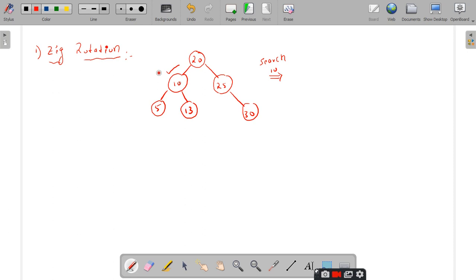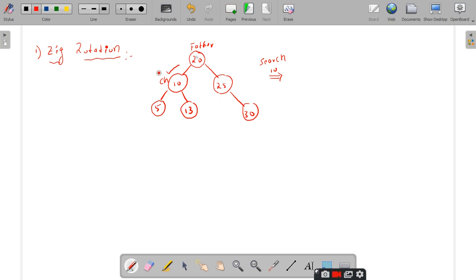So you identify where this 10 is located. This 10 is located as the left child of the root node. Am I right or not? Yes, sir. So this becomes the child and this becomes the father or parent, whatever it may be. So 10 is the child node and the father of this child node 10 is 20, which is the root node.